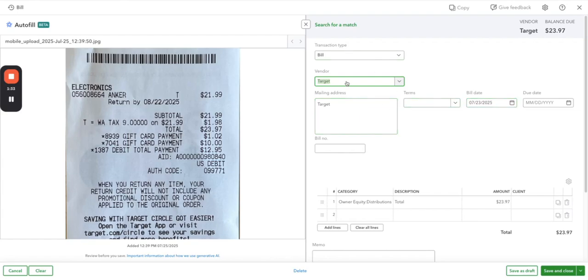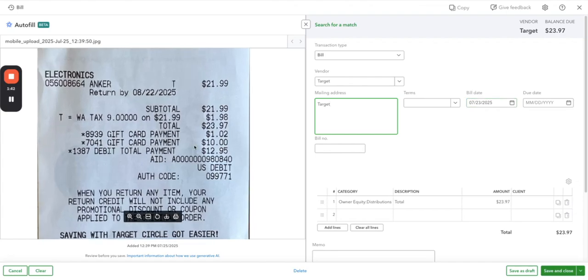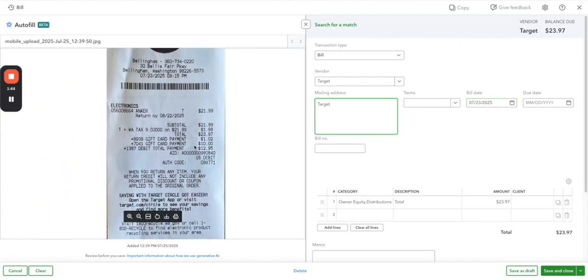Always start at the top, from left to right. The mailing address doesn't matter, the terms don't matter, but the bill date does matter. So let's scroll around on this receipt until we can find the date. Up here we can see that it says it was purchased on 7/23/25. That has already been extracted for us by QuickBooks Automation. No due date is necessary, since this isn't truly a bill, it's a receipt, which means it was paid at